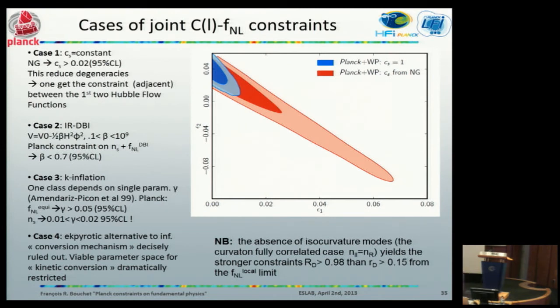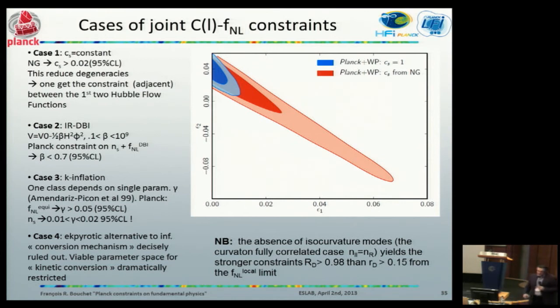Now, one of the things that we can do with the sensitivity of Planck is to start looking at joint analysis of what the power spectrum NS constraints, as well as the non-Gaussianity search, are telling you. We already have a number of results there, which I will not get into the details of, but some models are actually getting out of this in pretty bad shape. So specific models, for instance, of K inflation, you find that there is essentially no more room for them. If you put together the lack of detection of non-Gaussianity, as well as the constraints on NS, there is essentially no more window for this particular class.